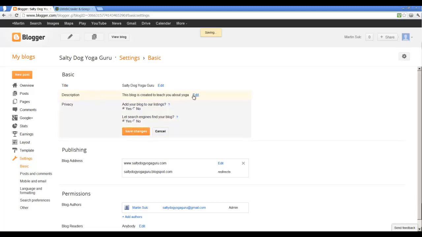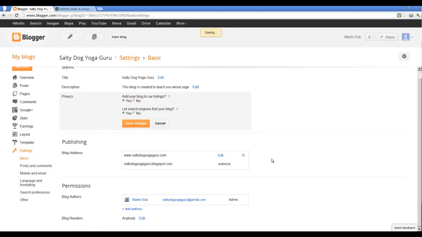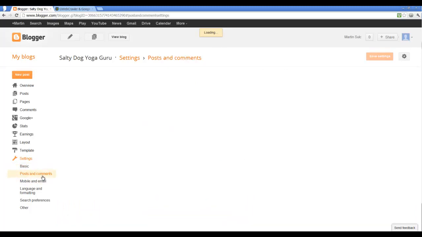Your description is also only a certain length, so when you're creating your description, make sure you put in keywords that will help search engines follow it. It'll say who your authors are, and in this case anyone is allowed to edit it. On your posts and comments,